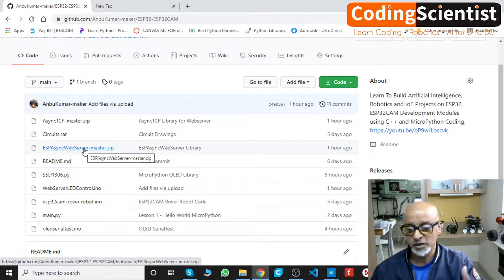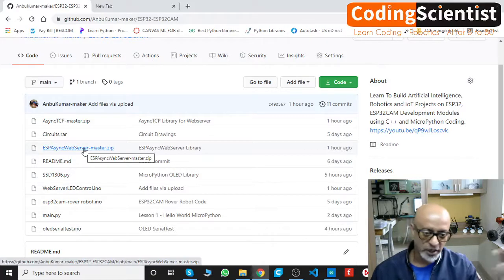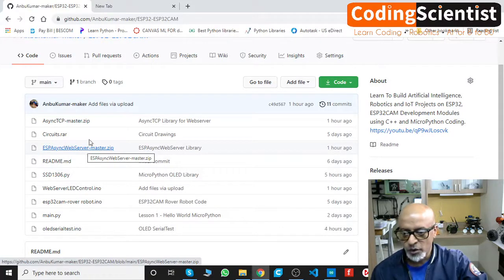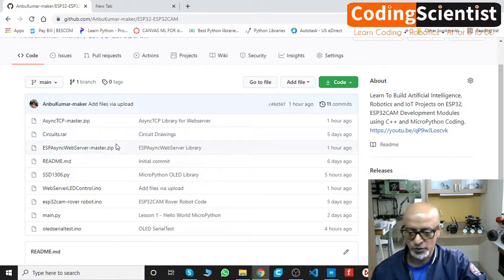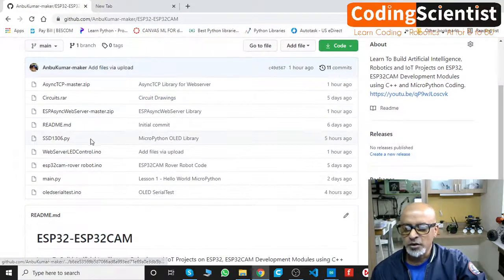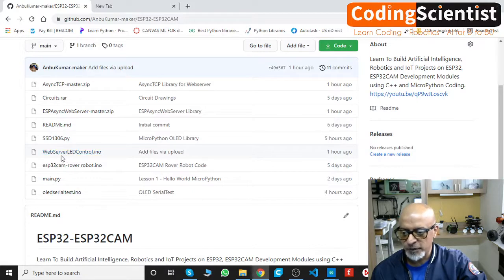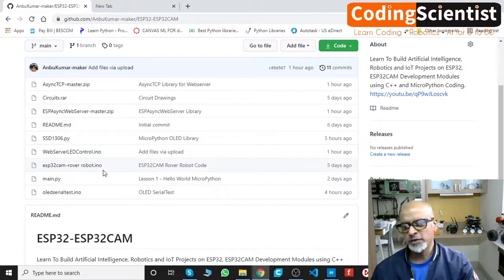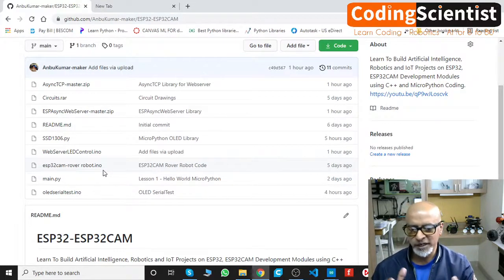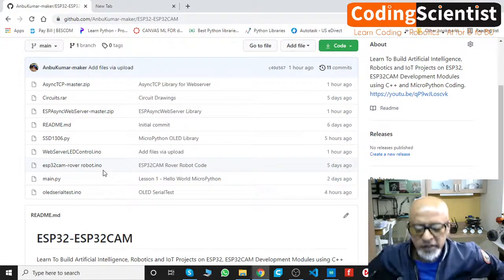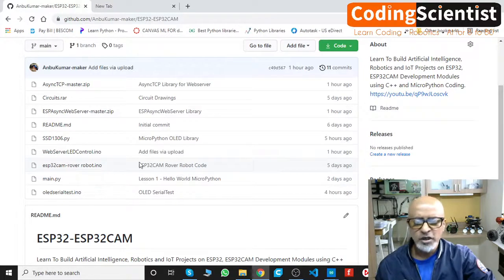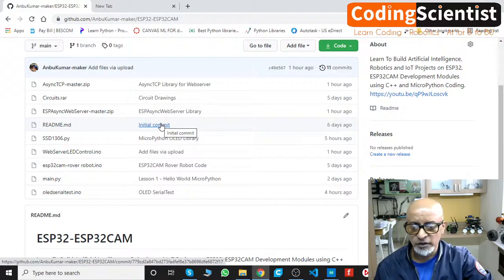So we are going to import these two libraries as #include in the style of Arduino. So go ahead and download these two, right? Once you download these two, go ahead and download this code, web server LED control. This is a few lines of basic code, which will basically control some LEDs remotely through the browser. So you will understand it as we go along. Once you are ready, guys, let me know. We will continue with this lesson, so do pause this video and go ahead and download this first. It's very important, and then I'll show you the next step.